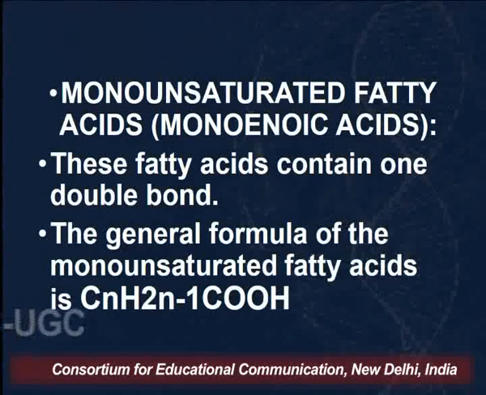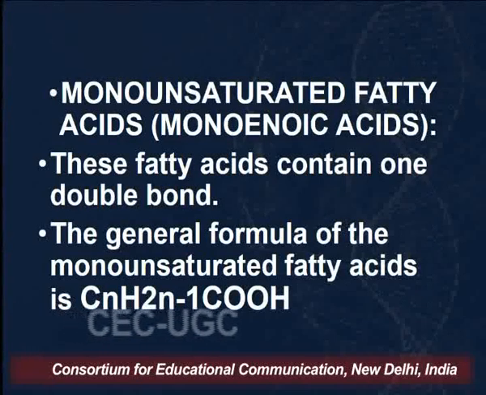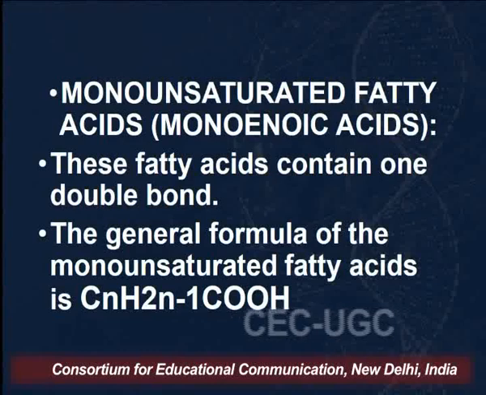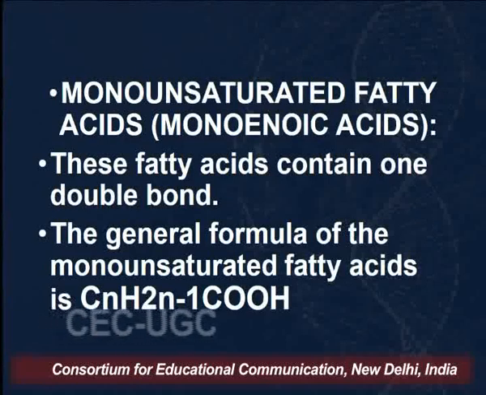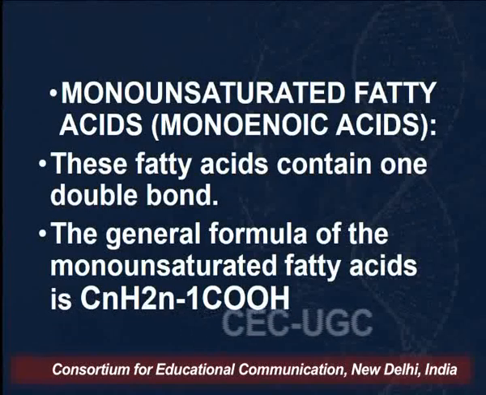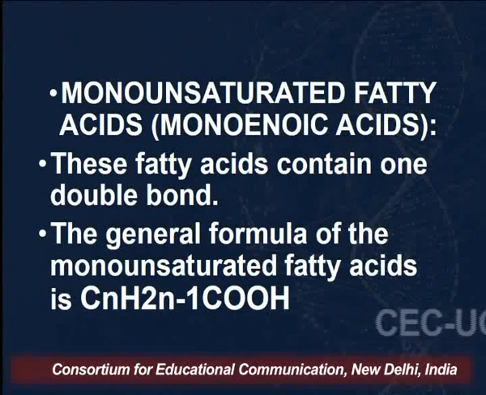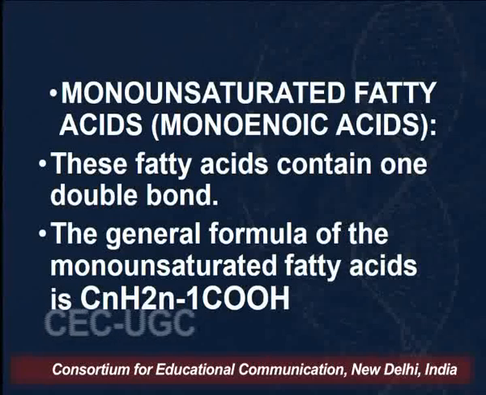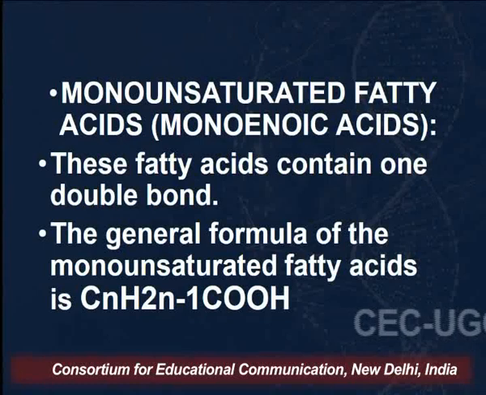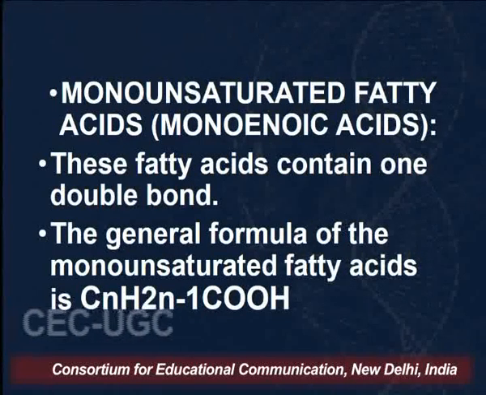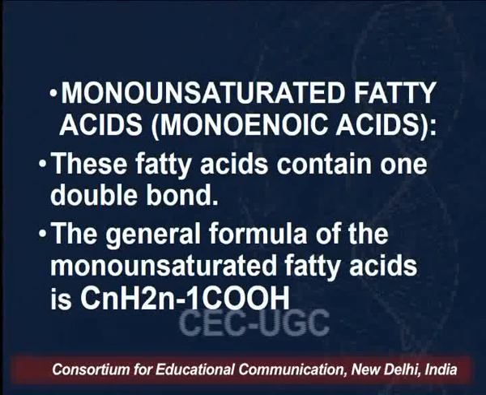The general formula is CnH2n-1COOH. If you recapitulate, the general formula for saturated fatty acids is CnH2nCOOH, since there is no point of unsaturation in them. But in a monounsaturated fatty acid, there is one degree of unsaturation. Therefore, the general formula becomes